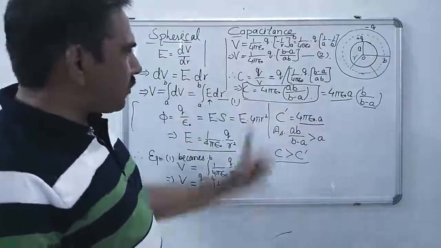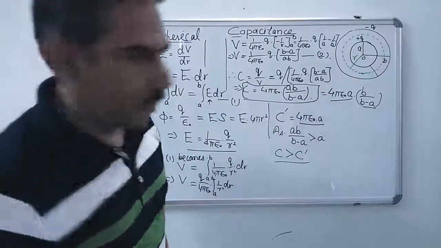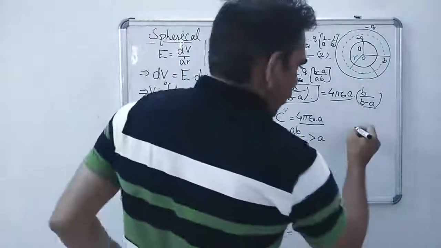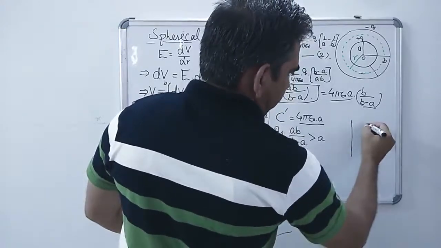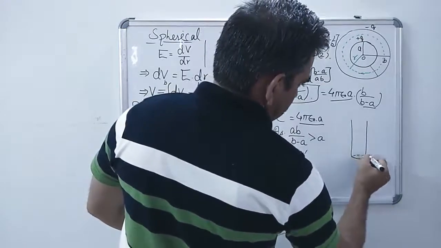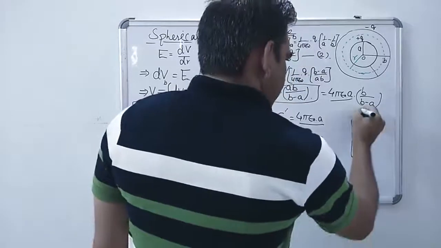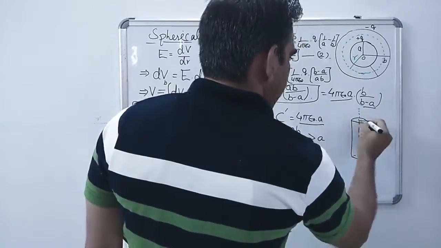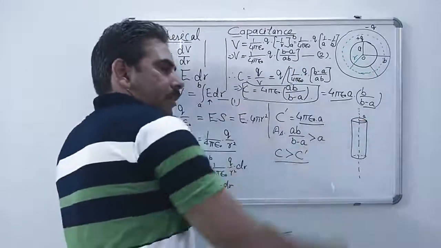In the very same steps, we can derive the expression for the capacitance of a cylindrical capacitor. So to begin with, I am not erasing anything, I am just drawing a cylindrical capacitor. For convenience, let us take a cylinder just like this. It has an axis and radius. In a similar way, the radius is, for example, A, and we take a concentric cylinder on the same